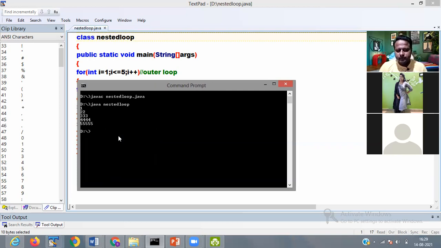This one, it is the output. So how is it displayed?